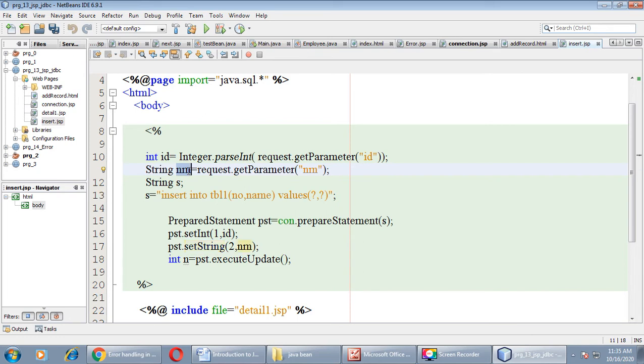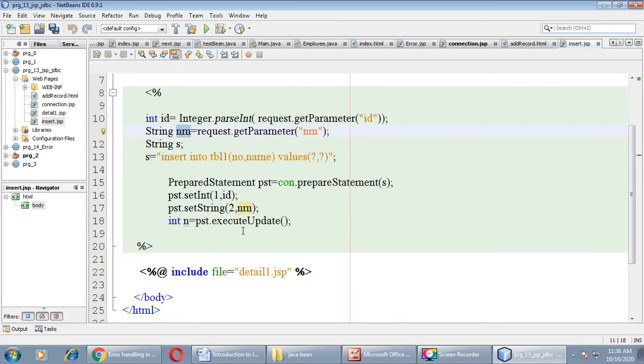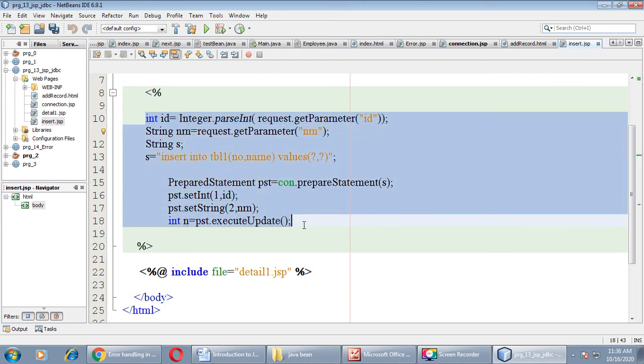Now int n = pst.executeUpdate(), this will execute the query. Now the record will be inserted through this portion only. Now we want to display all the details on our same page.